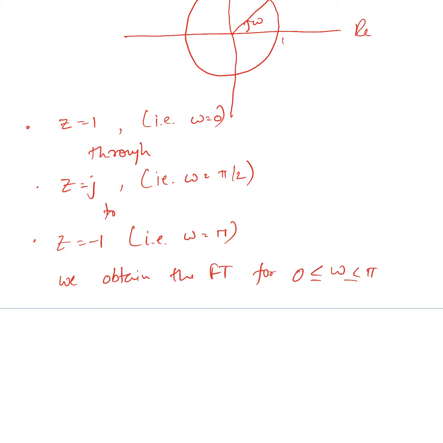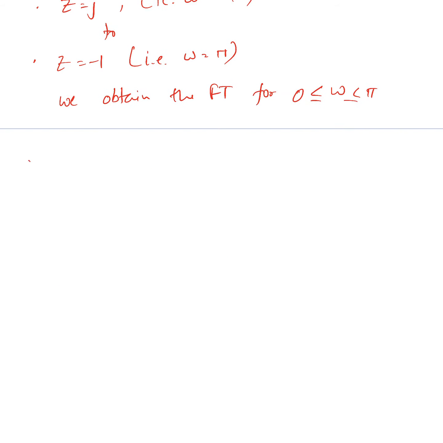Okay, so we had seen that the power series representing the Fourier transform does not converge for all sequences. And this was the main convergence analysis we did while computing the Fourier transform. Similarly, the Z transform does not converge for all sequences or for all values of Z. So now we are interested in, for any given sequence, the set of values of Z for which the Z transform power series converges, and that region in which the power series converges, we call the region of convergence, or the ROC of the Z transform.